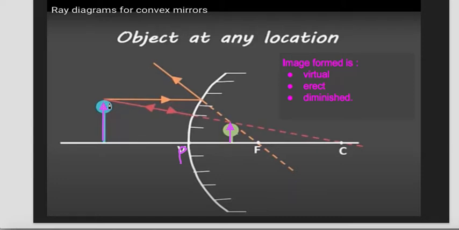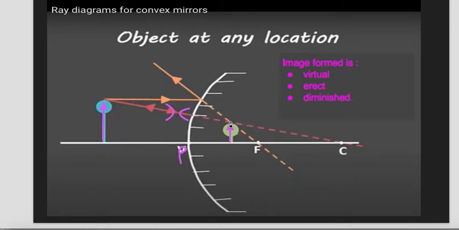This is how it gets reflected. Now the second ray I'll draw is a line which passes through the center of curvature. So in front of the mirror, I have drawn this arrow passing through the center of curvature. The reflected ray will be the same ray, just with the opposite arrow, indicating that the incident ray and the reflected ray are one and the same. Now it will be produced back, so behind the mirror it is always dotted. Remember students, this is the ray diagram for a convex mirror.